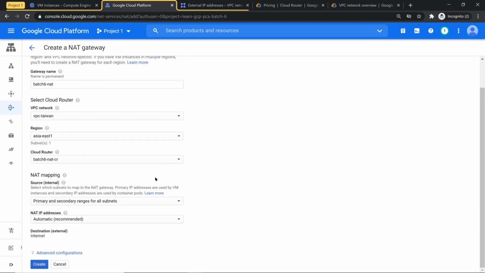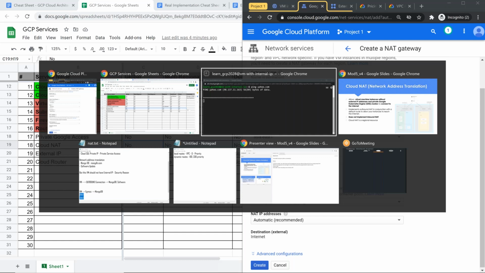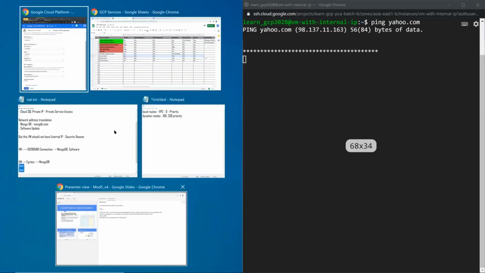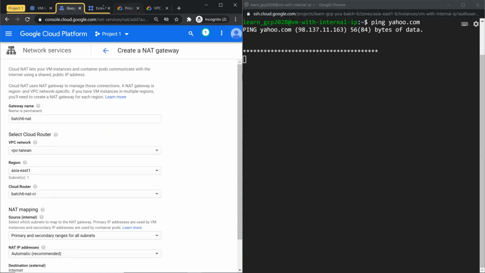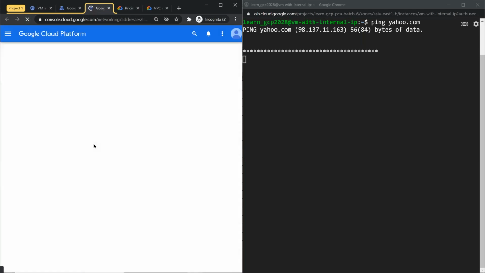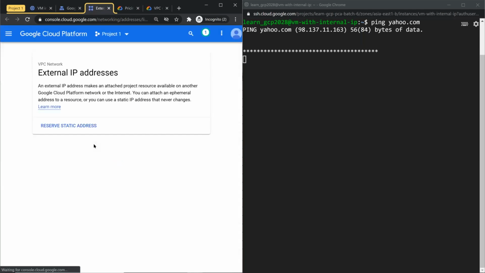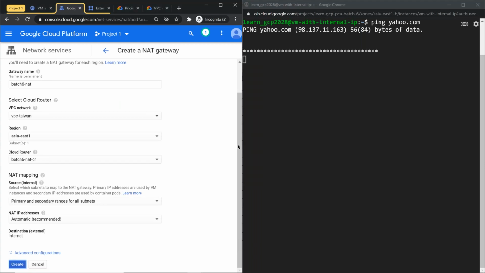So that's it. NAT is going to be provisioned. So I'm just going to make something like this, folks. Where is my VM? Yes, something like this. So the moment I create my NAT, what's going to happen? I'm going to have an external IP address, which is not currently there. That's going to be my NAT IP address, which is static. And the translation happens. I should be able to ping an outside machine. So if I just click on create,